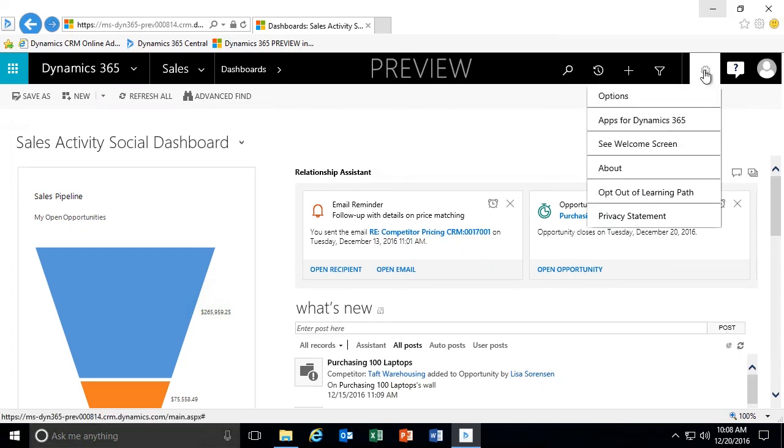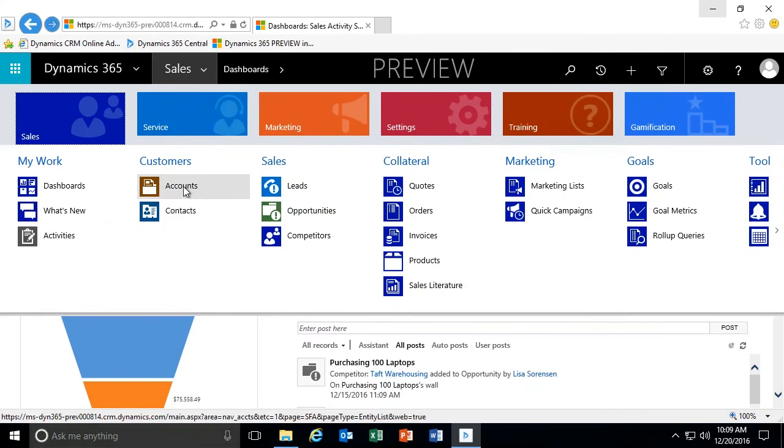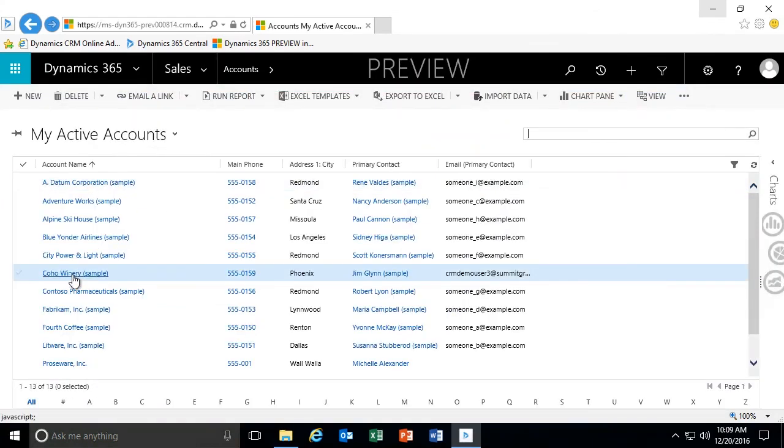So under my personal settings, when I click on the actual settings, right off the settings menu, there's an option to opt out of the learning path. If I select that option, once I select that option, you'll notice that that call out is no longer there and it changes to a regular question mark. Not only is it changed to a regular question mark, but what now happens is this is now true context help, in that if we go back to my accounts and I open up an account record,